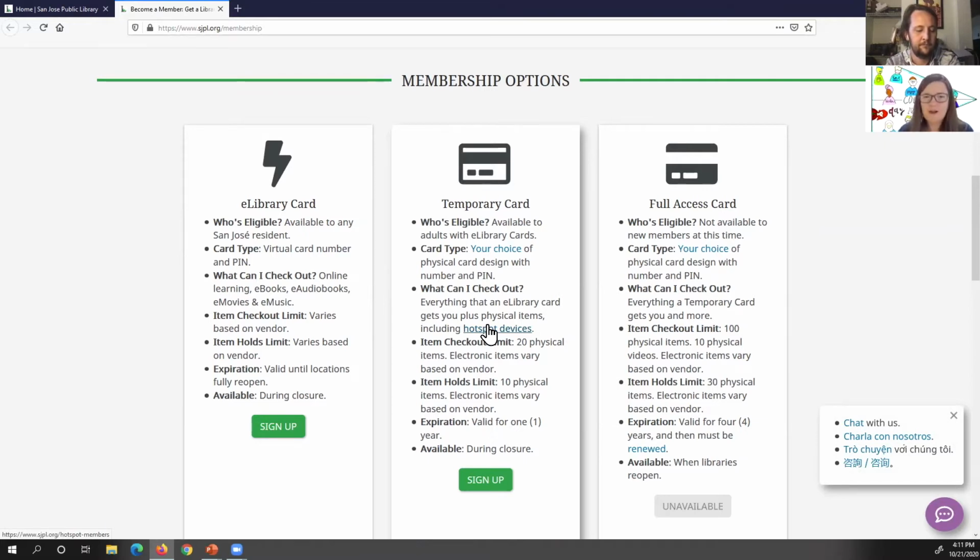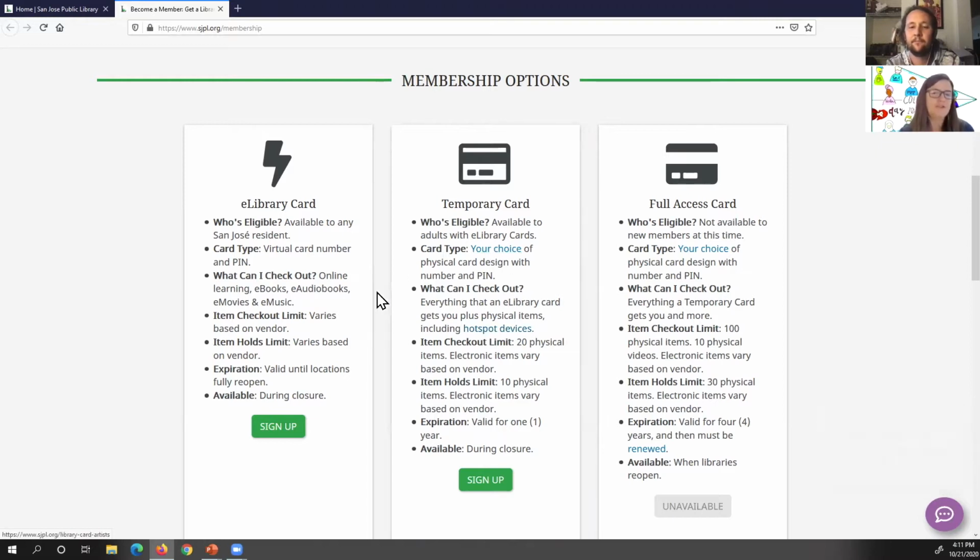Our e-library card is just electronic resources, but as I'm going to be showing you today, we have a ton of online resources, electronic resources for both recreation, pleasure reading, your personal interests, as well as schoolwork. So we do have a great deal of online resources, but if you're interested, you can convert that e-library card into a temporary card.